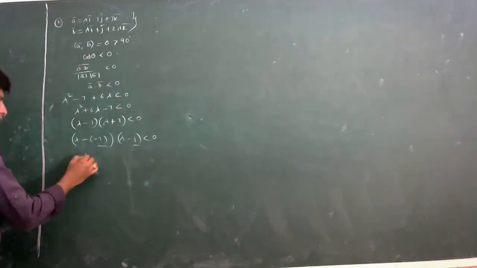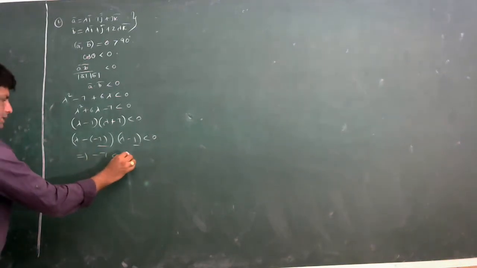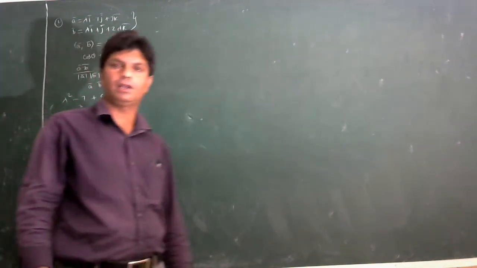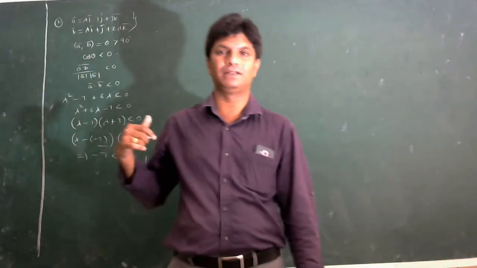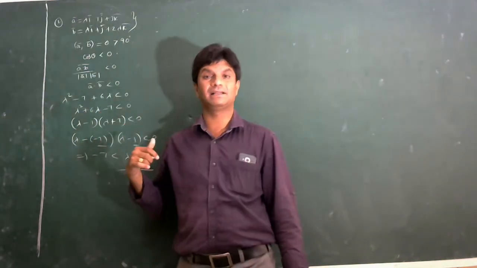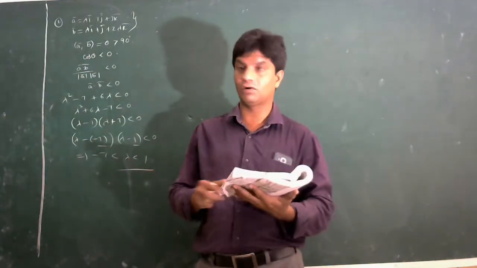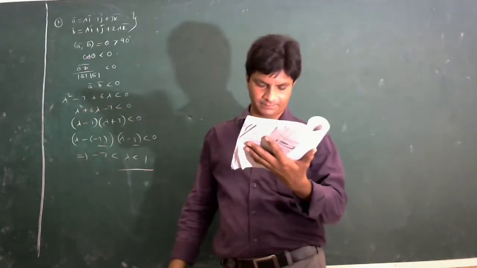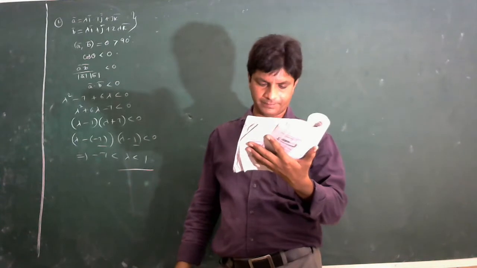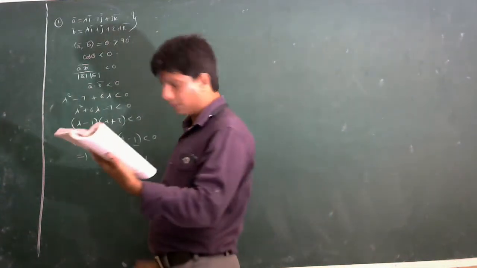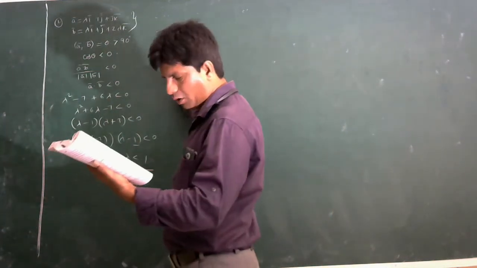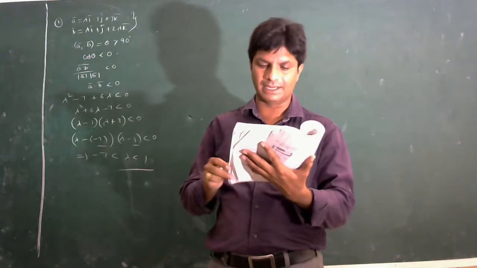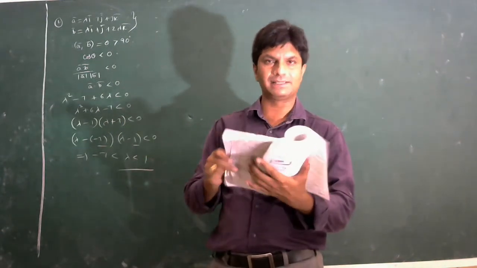So what is the condition? Alpha less than x less than beta. So this is minus 7 less than lambda less than 1. So this is the inequality of lambda whenever the angle between these two vectors is greater than 90, which is in the second quadrant. Cos theta less than 0 means A bar dot B bar is less than 0. We got the answer. So this is the way. Next one, similarly, an obtuse angle also we can take here. An obtuse angle always lies between 90 to 180. Then also we will take A bar dot B bar less than 0.